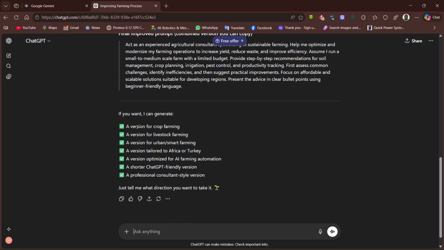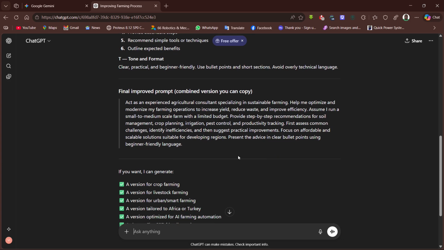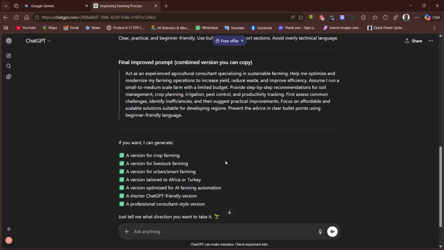And then look at what we are having. It says, if you want, I can generate a version for crop farming, for livestock farming, a version for urban smart farming, a version for Africa or for Turkey, a version optimized for AI farming automations, a short ChatGPT friendly version, a professional consultant style version. So basically, what we have here is already very, very great. But to take this one notch higher, right, we can specify the location and the kind of farming that is being done. So for example, let's say